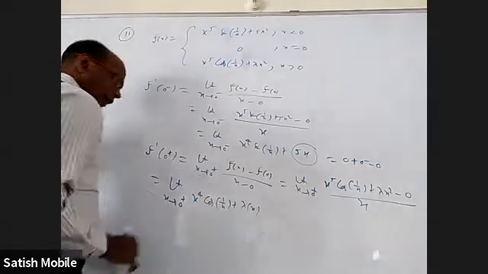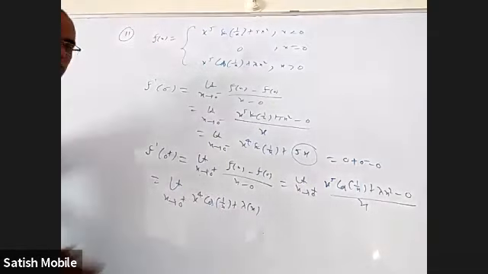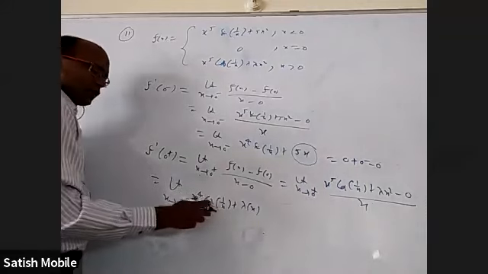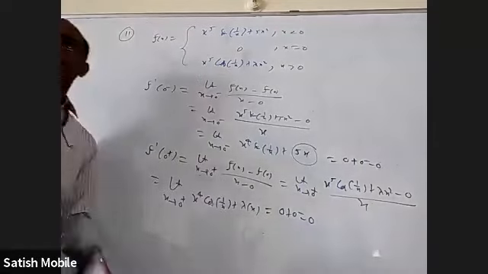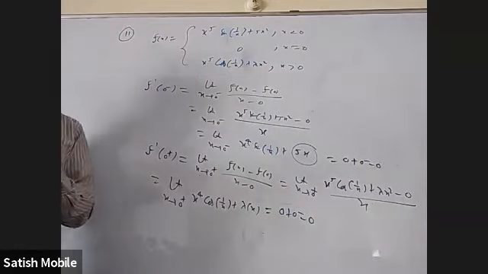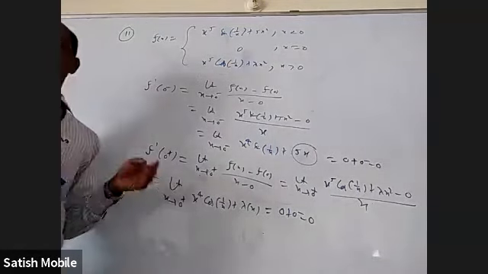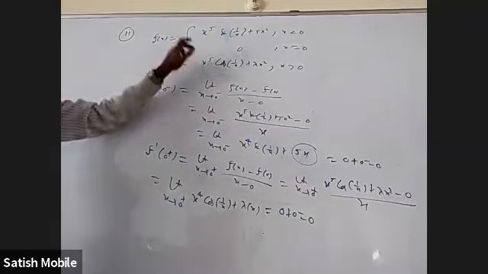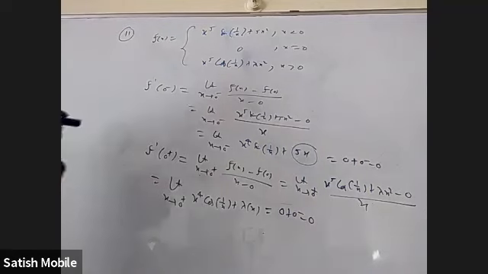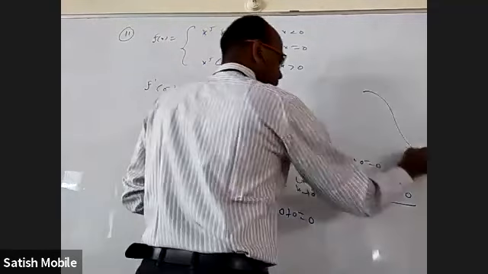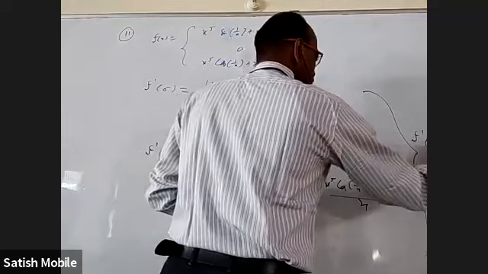At 0, this is 0 again by the same sandwich theorem, that this is between -1 to 1 and all. Again it is 0. 0 plus 0 is 0. I did not check the continuity because when I'm using first principle, I don't need to check continuity. But even if you check, this limit is 0, this limit is 0, it is continuous. Left hand derivative, right hand derivative, both are 0. So from that, I can write f dash 0 is 0.